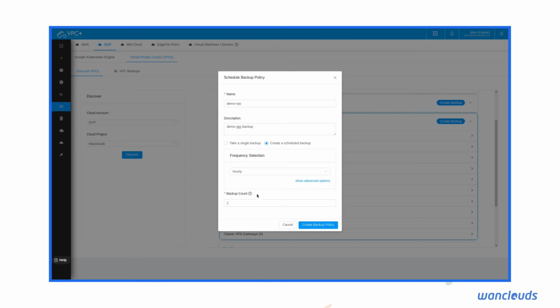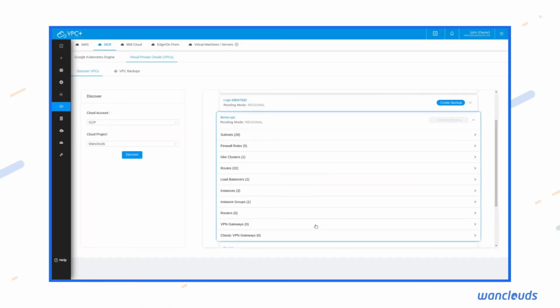So in this case, we are going to go with weekly, daily, and we'll keep the backup count as 2. So a backup has been taken for this particular VPC.